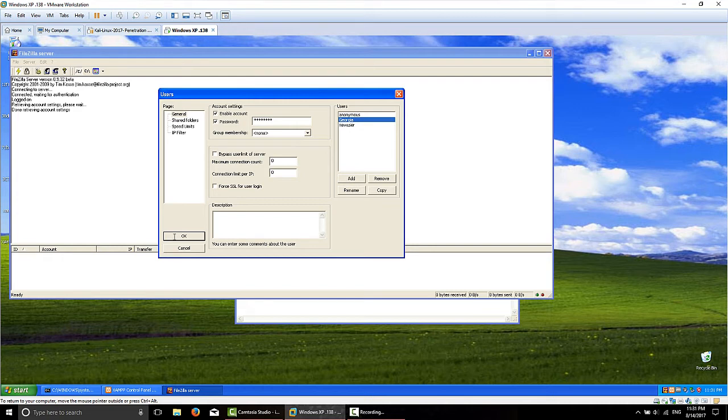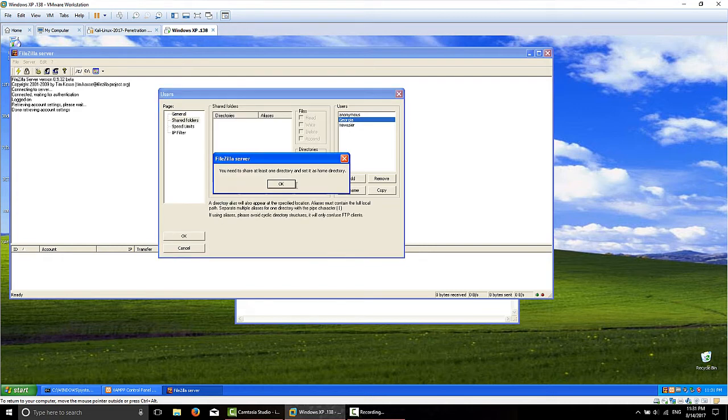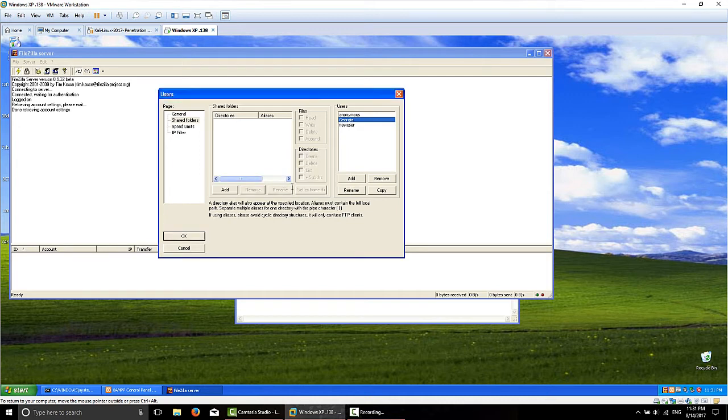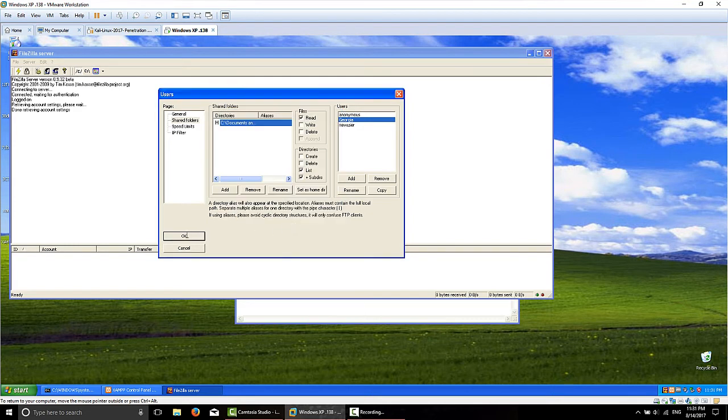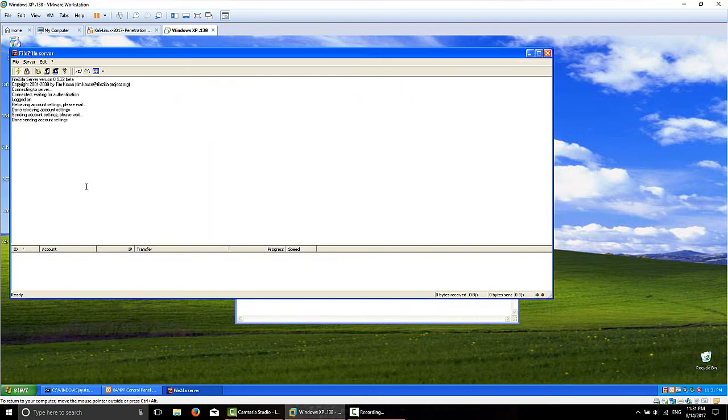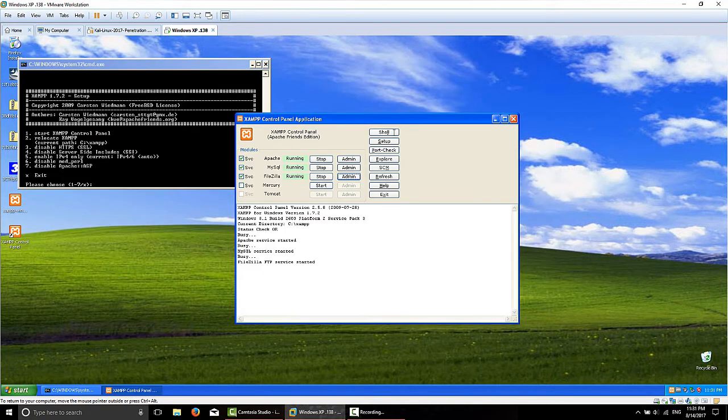And we'll click OK. You need to share at least one directory to set it as a home directory. So in that case, we're going to click Add again. And we're going to navigate to our home folder. Under C, Documents and Setting, Georgia, we're going to click OK. Then we'll click OK again. And we've set up our user for Filezilla. We can go ahead and close this